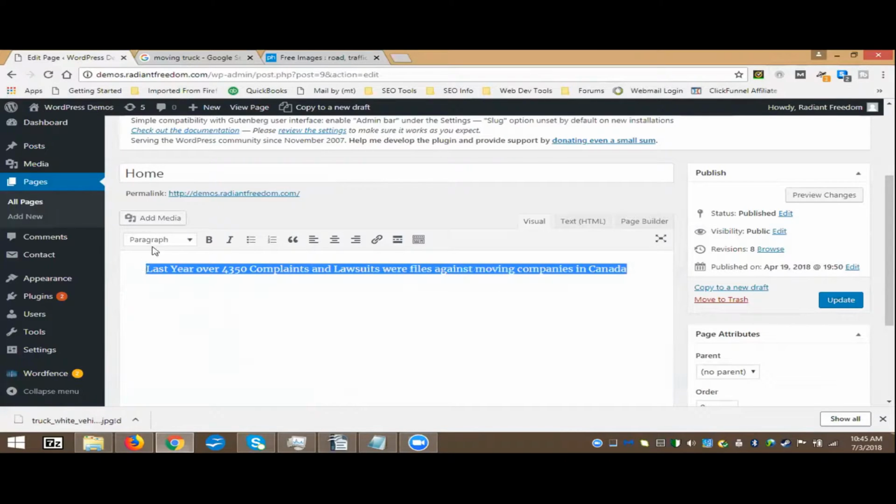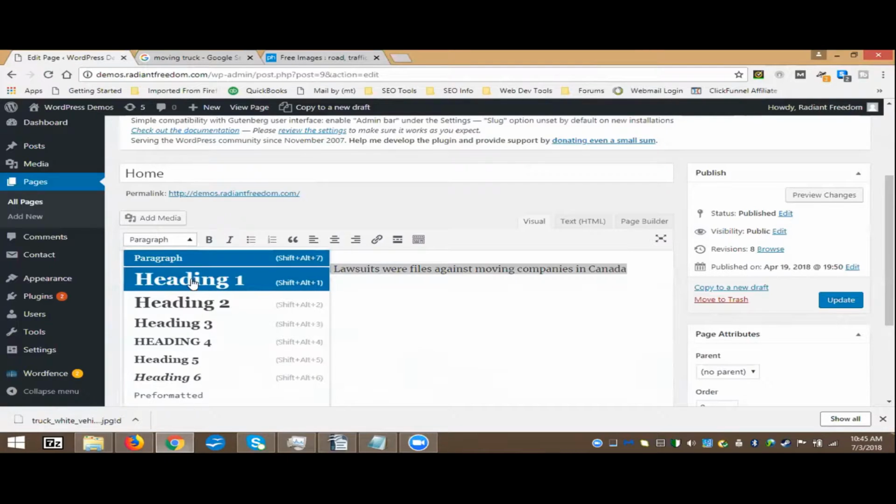isn't really a headline, it's just normal text. It's a paragraph. If you look under here, this says paragraph in this part here. This is the part we'll be using to actually change this into a headline. This is the first and most basic way that you can craft a headline. So first thing I'm going to do is select the entire bit of text, click this down arrow, and then